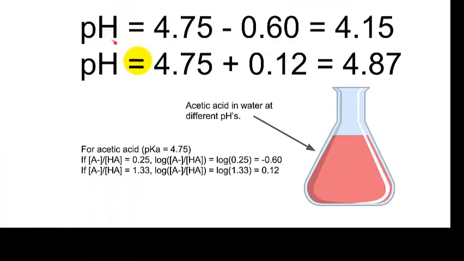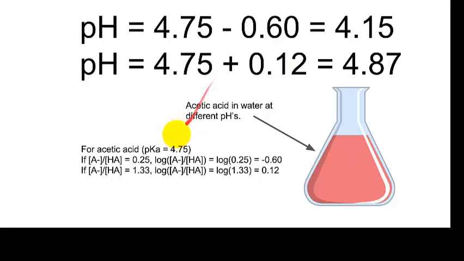So, for example, if we have acetic acid in water, so picture acetic acid dissolved in water in this flask right here. It could be there by itself. Well, of course, it has to have some of its conjugate base present as well. It's always true in any water solution. If you have an acid present, you also have to have its conjugate base present to some extent. Could be there without anything else, just water, or it could be other stuff in there as well. It could be HCl or sodium hydroxide or urine or saliva or any other stuff. But as long as there is some acetic acid in the water, there will be some of the conjugate base